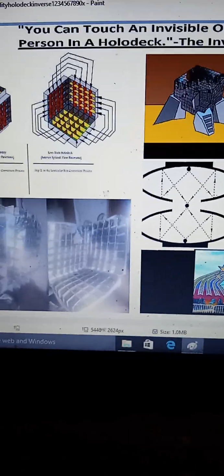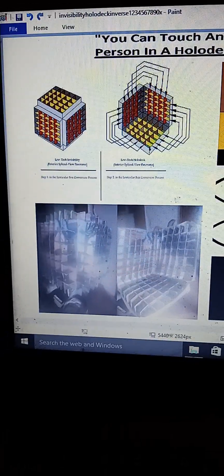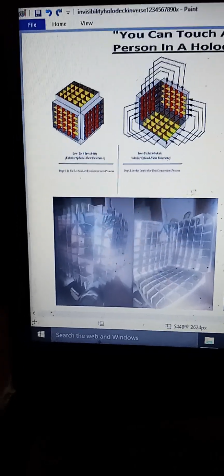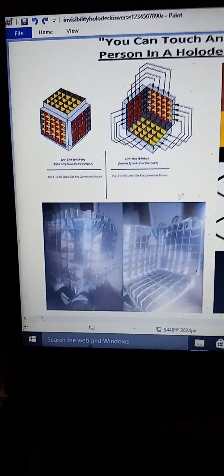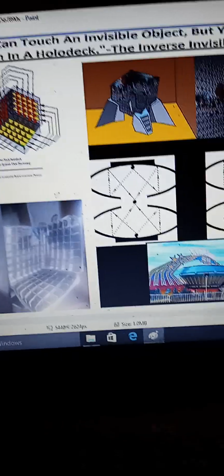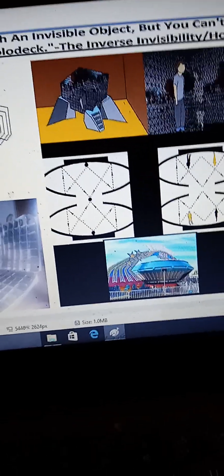Invisibility doesn't mean non-existence, as a reporter mistakenly thought of it. It just means that it's invisible. But you can definitely touch it. I don't think there's been any sci-fi or realistic story coming out of the press of an invisible object that you can't touch. But there are virtual objects that you can't touch, but you can see. You can see a person in a holodeck, but you can't touch them.